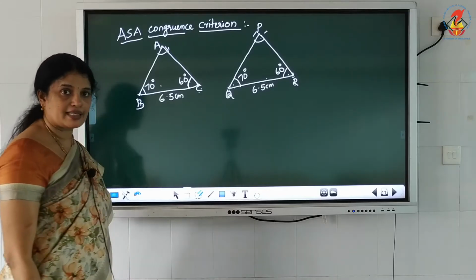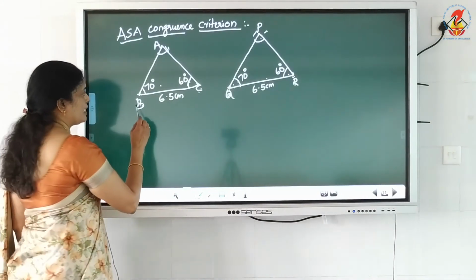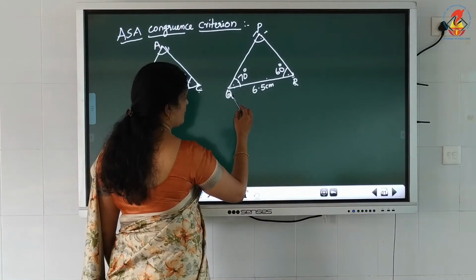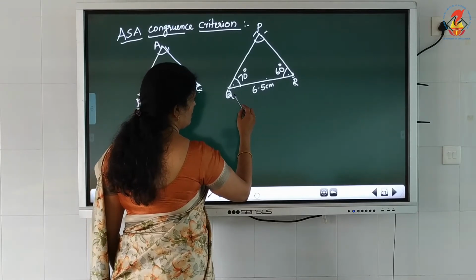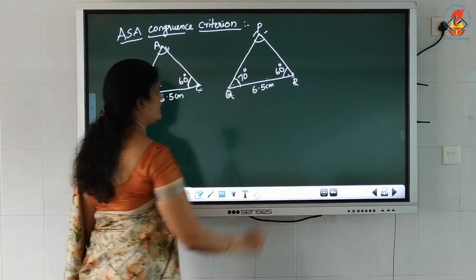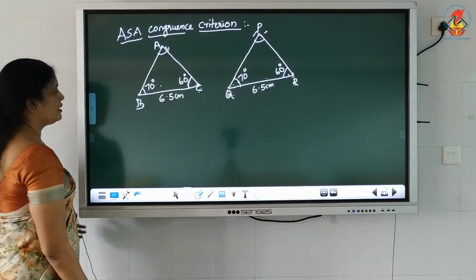That's a common side. Common side of angle B and angle C is BC. And QR is the common side of angle Q and angle R. Okay, next, here consider